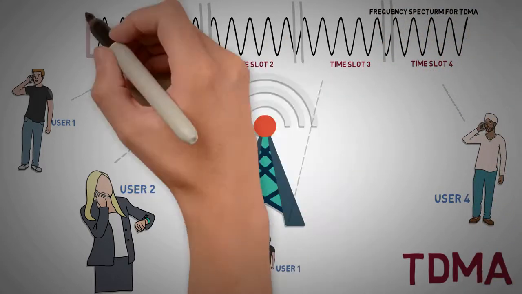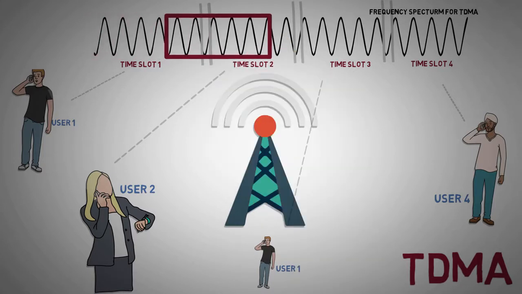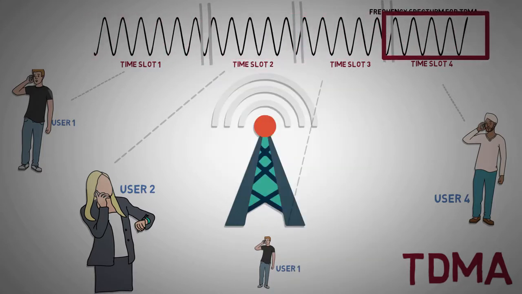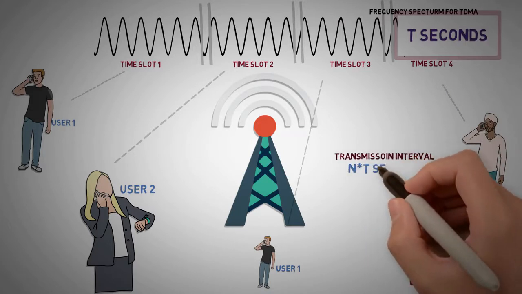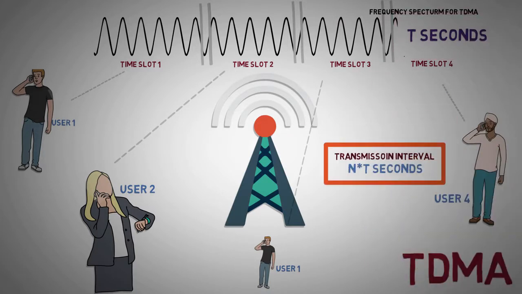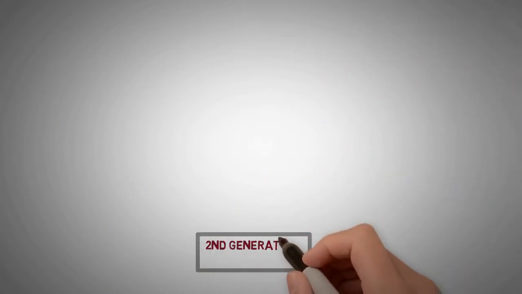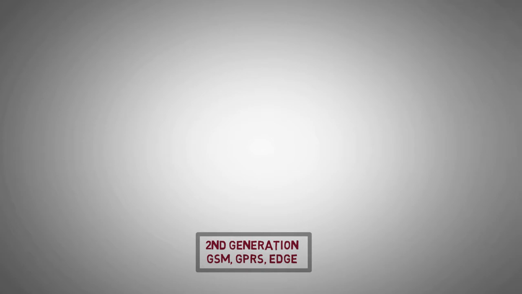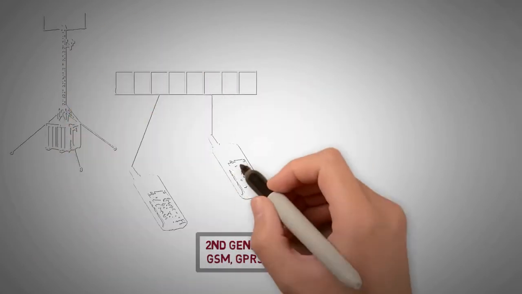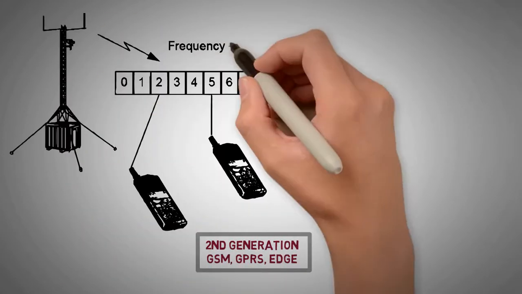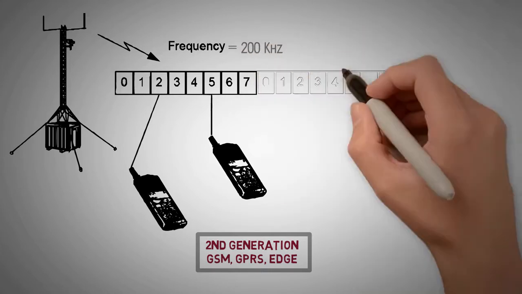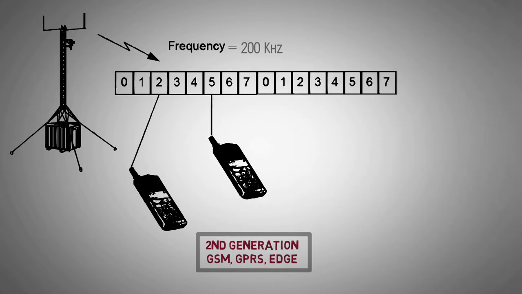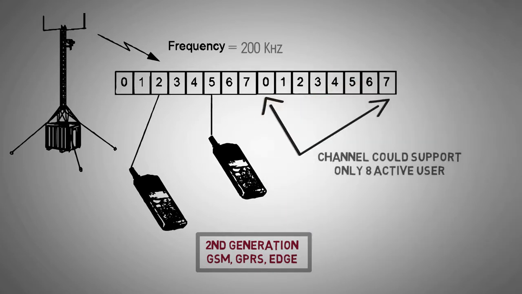time slots. Thus, in an N-channel TDMA, where each channel is given a time slot of T seconds, signals coming from each user will be transmitted at intervals of N into T seconds. This technology was used in the 2G systems like GSM, GPRS and EDGE. Each user was provided one of 8 TDMA slots and a bandwidth of 200 kHz. Dynamic resource allocation meant more users could be supported, but each channel could support only 8 active users at a